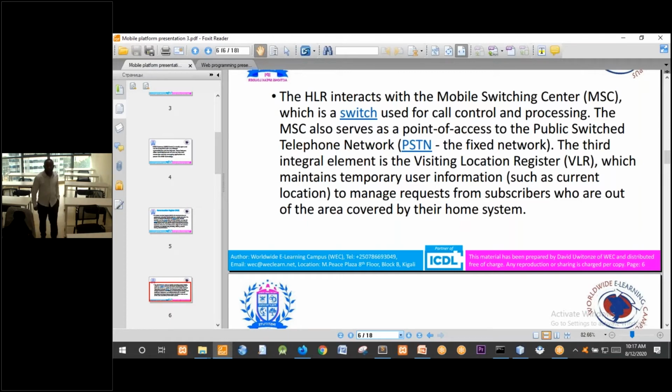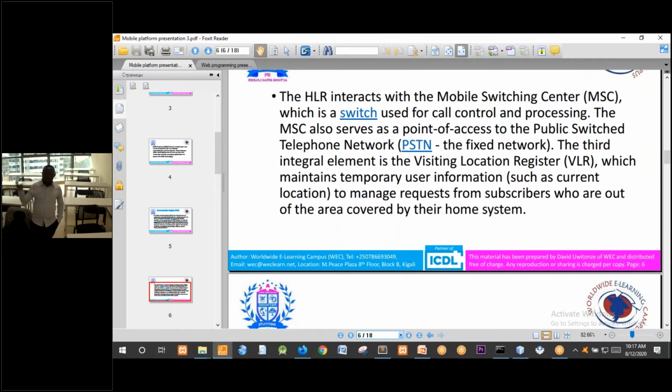The MSC also serves as a point of access to the public switched telephone network. It facilitates your access to the network,